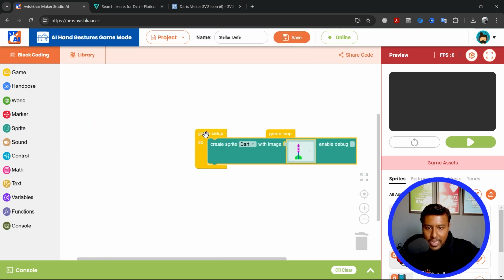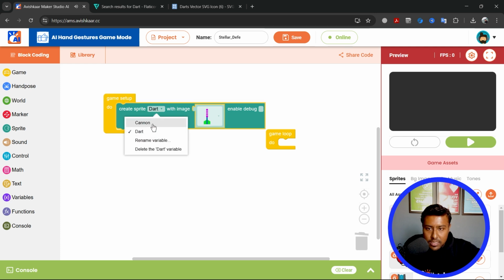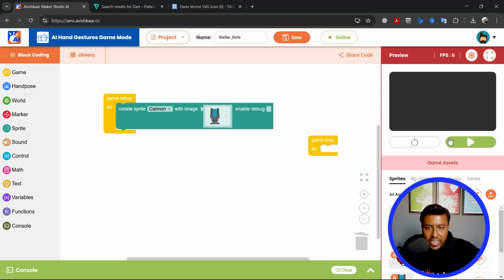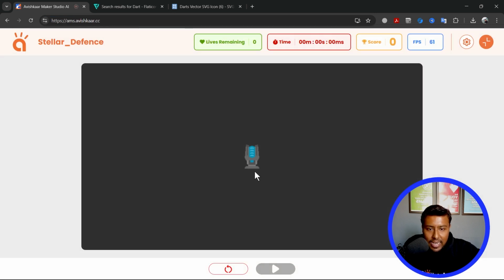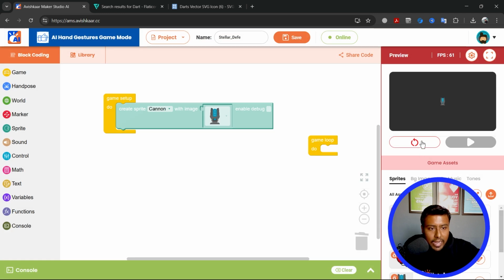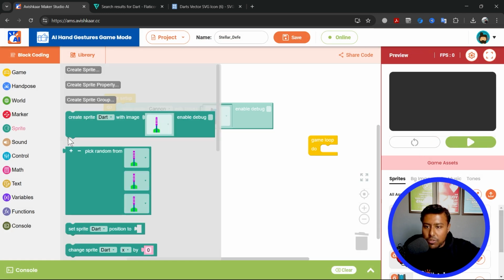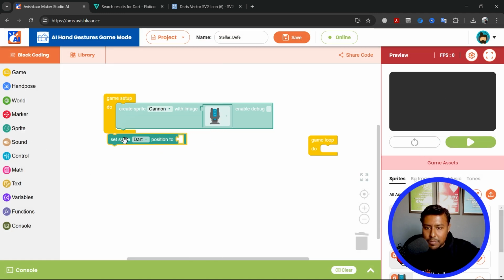So I'll start with the cannon sprite first, set its image and check. So you can see the cannon sprite is in the center and the size is almost perfect. Now I can set its position. So I'll go to sprite, set sprite cannon position